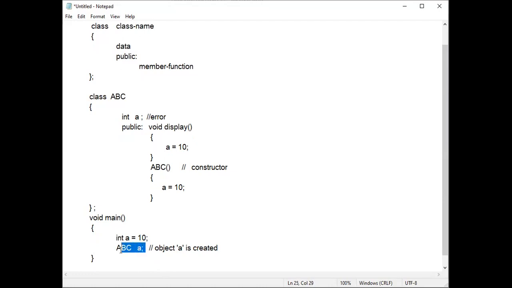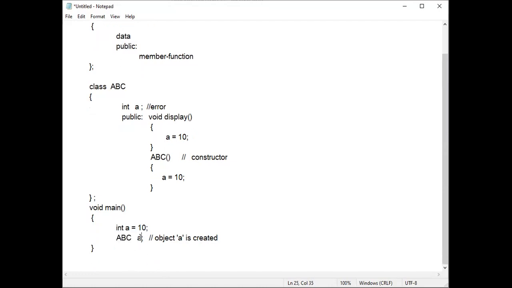Now, I have considered the concept of a local object. So I have created the object. When the object is created, memory will be given for variable a. When memory is given for variable a, you can store the value for variable a, either in the display function or in the constructor. Now, if you store the value in the constructor, that is called constructing an object. Remember, when you store the value in the constructor, that is called constructing an object. So the constructor definition says, you just look at the documentation here.